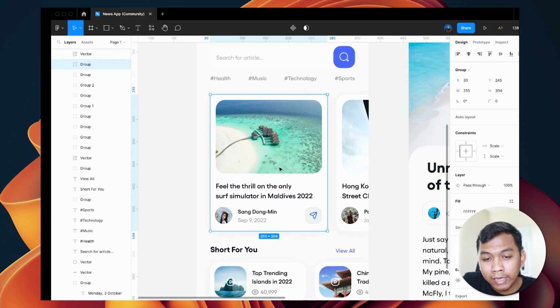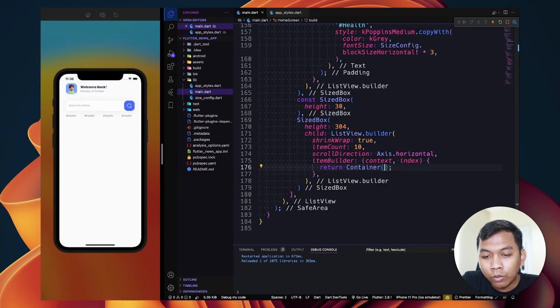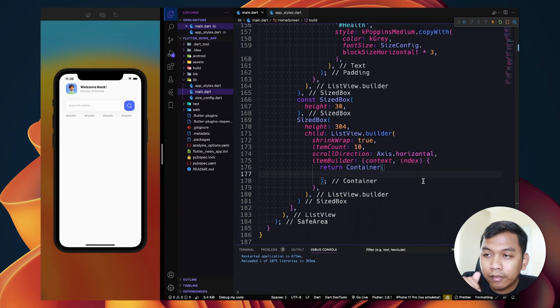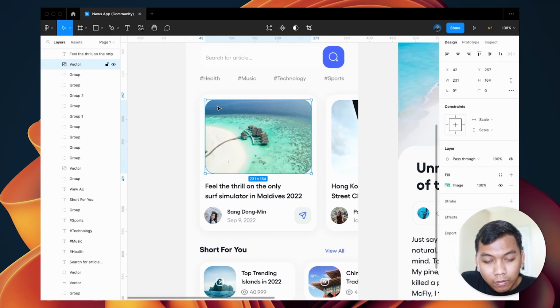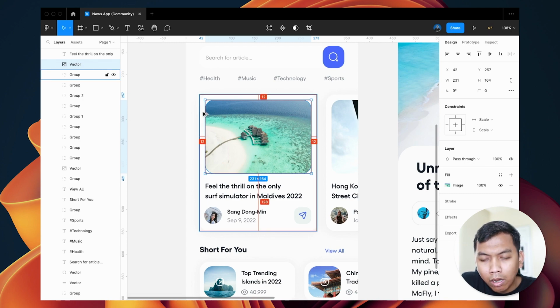So could you guess what we need to have inside this container? First thing first, let's press this image and hover, and we can see all the margin, or what we say, all the padding inside this container.